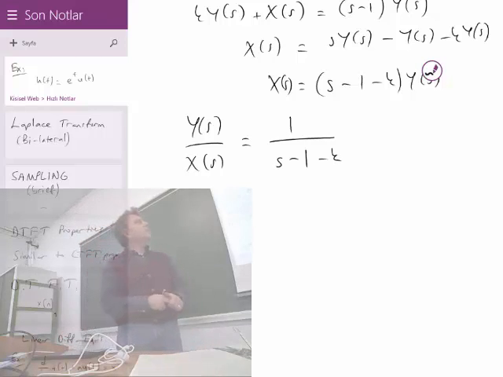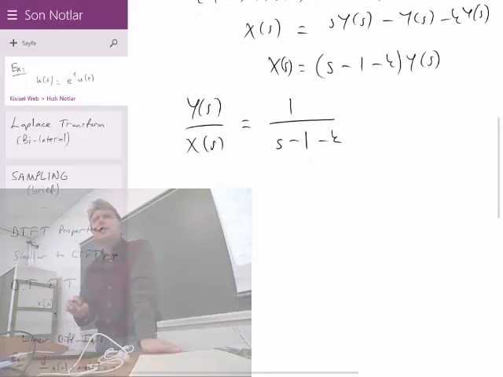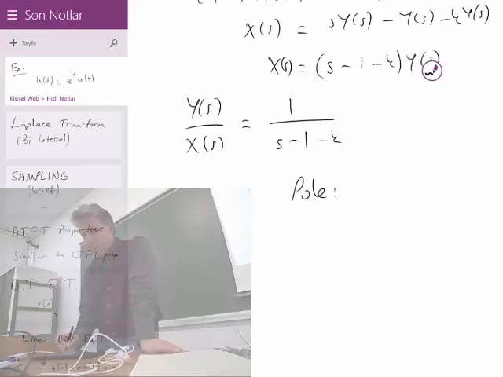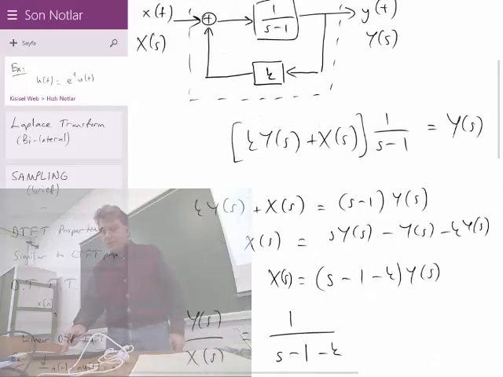So the previous transfer function was 1 over s minus 1. Now it is 1 over s minus 1 minus k. What is the pole of this? Let's assume k is a real value. Let's forget about the complex values. Where is the pole? The pole is at s equal to 1 plus k, which means since the original system we assumed to